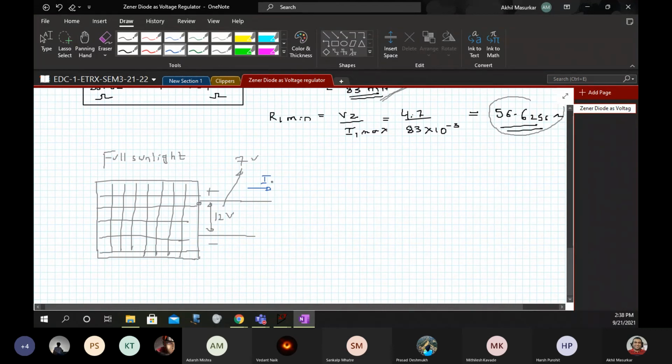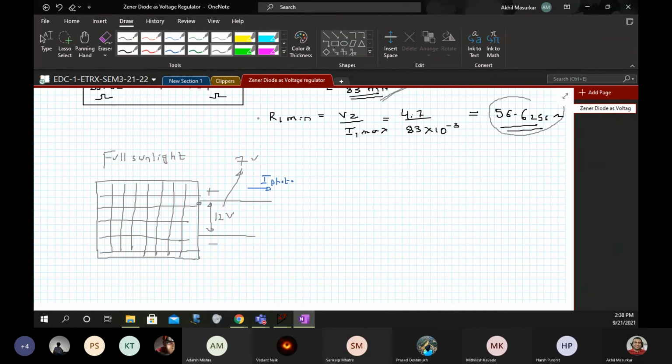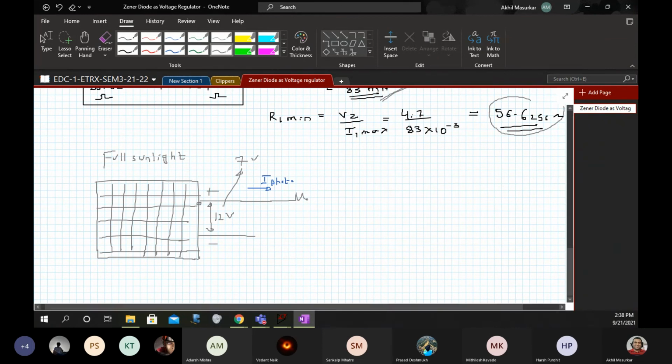So you will get some I photo current, I photo I will write, and you can restrict this current with the help of a resistance. So this was your R2, and here you can have your Zener diode, and then you can connect anything here, a bulb or anything. So this is the resistance RL.